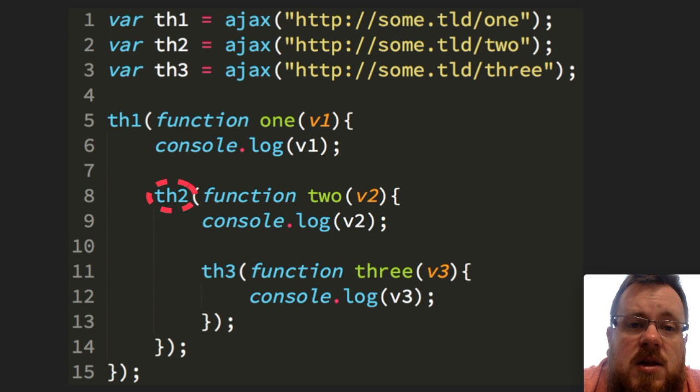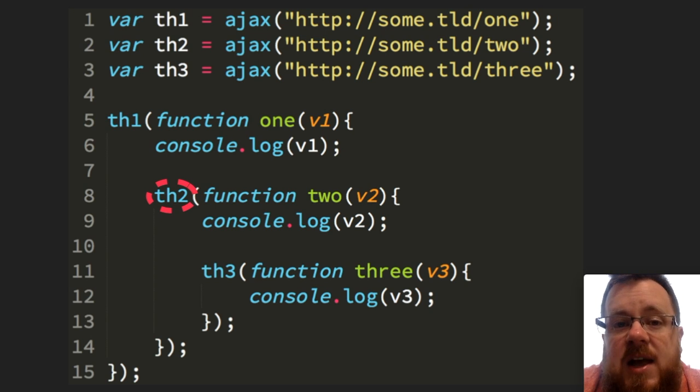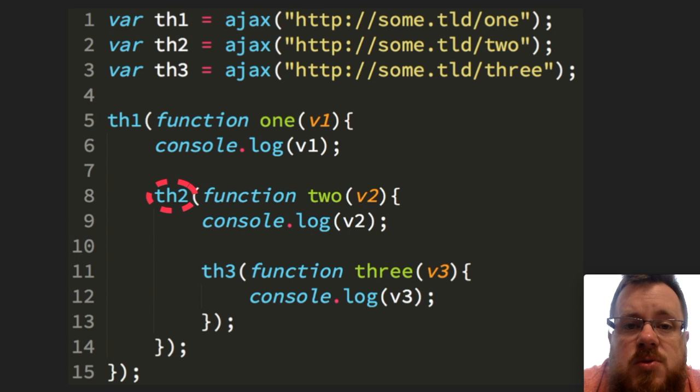We can see clearly that if I nest my thunks together, setting aside any code styling issues, you may dislike the idea of nested callbacks, but setting those aside, mechanically, behaviorally, we've accomplished in a fairly straightforward way the expression of a temporal dependency. We've said that TH2 is temporally dependent on TH1. But we have that other side effect problem, which is that now we've got a sequentiality to the requests.